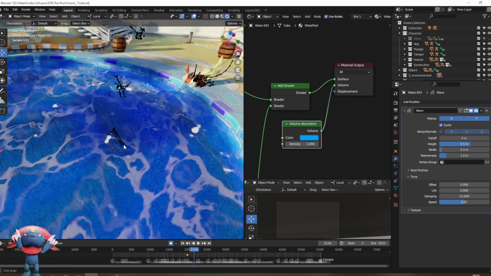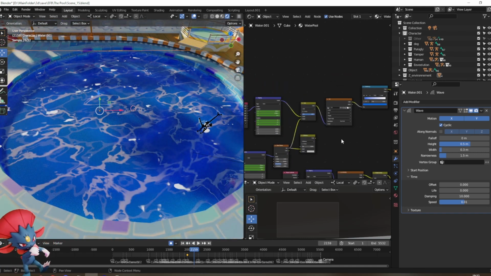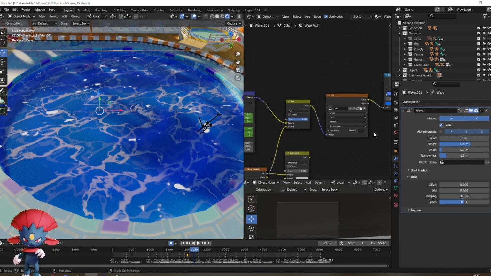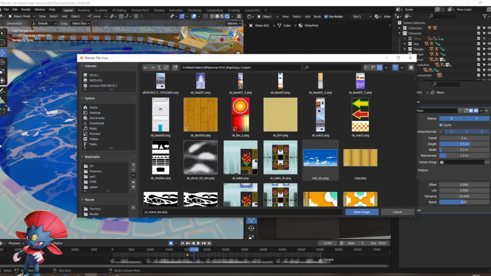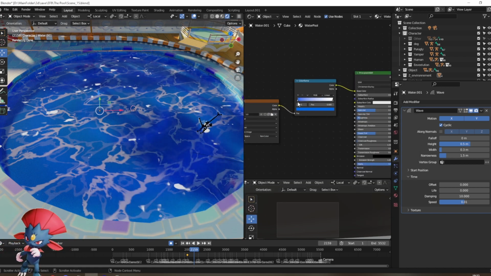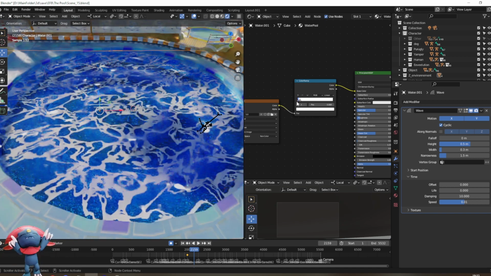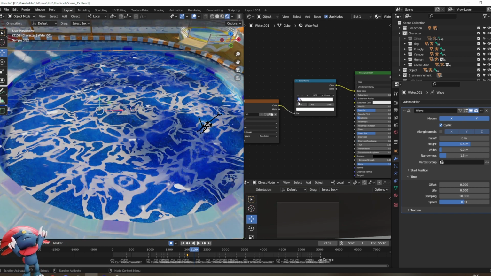Then for the texture, I do believe the main texture is... I need to find it. So, hop. The main texture is this. The black and white texture, again from the Mario Kart series. I have used a color ramp to adjust the color. So you can see if I do this, I can accentuate the white more.